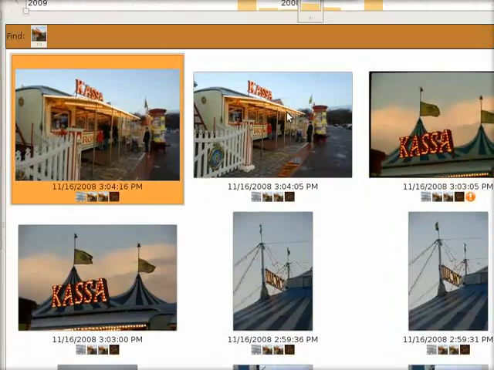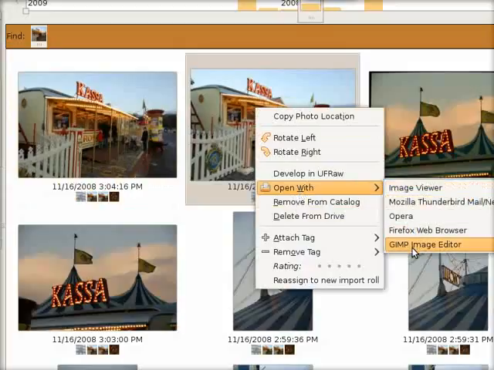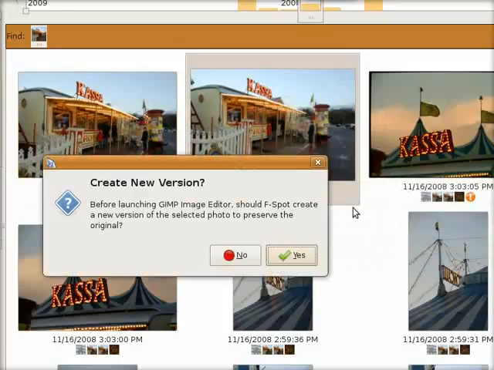To keep my XCF images within reach of the database, I go the following way. I just open an image in GIMP, open with GIMP Image Editor, create a new version, yes, of course,